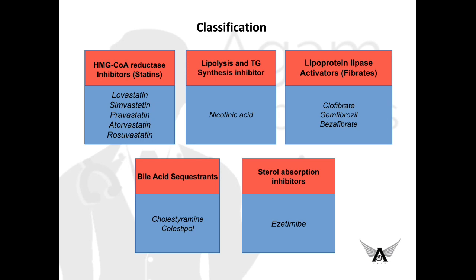So note the drugs lovastatin, simvastatin, pravastatin in the first category. And second one is nicotinic acid. In the third box, you have clofibrate, gemfibrozil, and bezafibrate. And bile acid binding resins include cholestyramine and colestipol, and the last one is ezetimibe. So whatever category in this classification is asked, you can just remember a picture so that you can bring out any mechanism of action. So this is the picture.